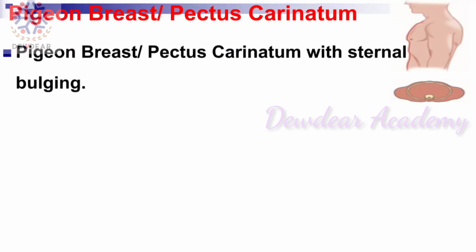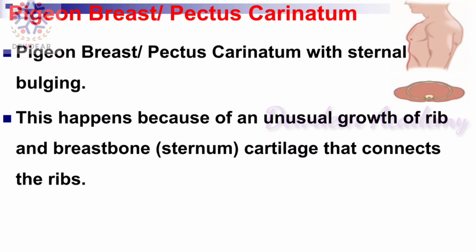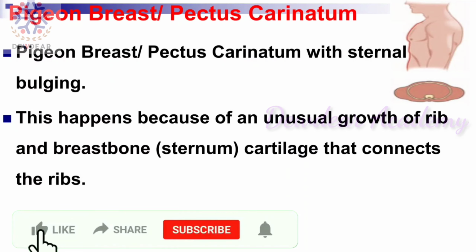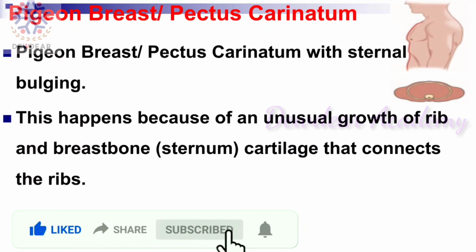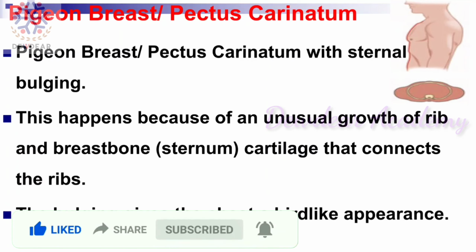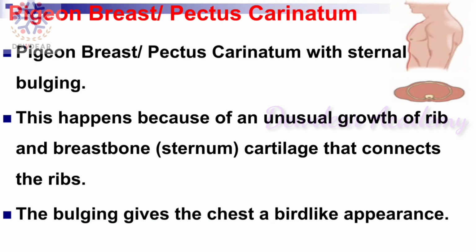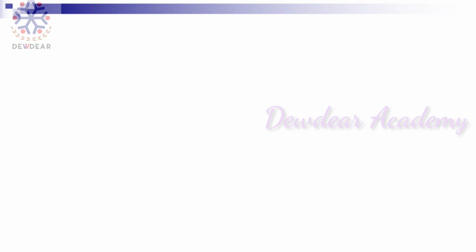So pigeon chest or pectus carinatum means we can see the sternal bulging there. Also this happens because of an unusual growth of rib and breastbone or sternum cartilage that connects the ribs. The bulging gives the chest a bird-like appearance. So this is known as the pectus carinatum or pigeon chest. Then